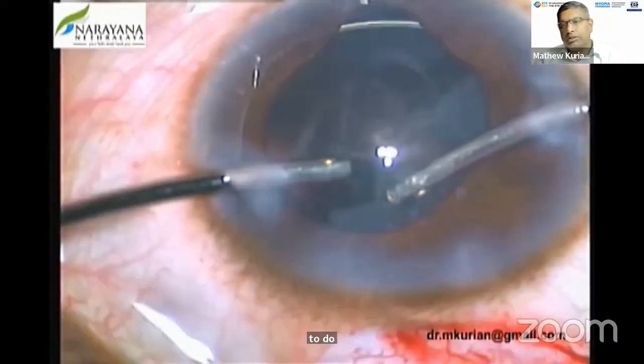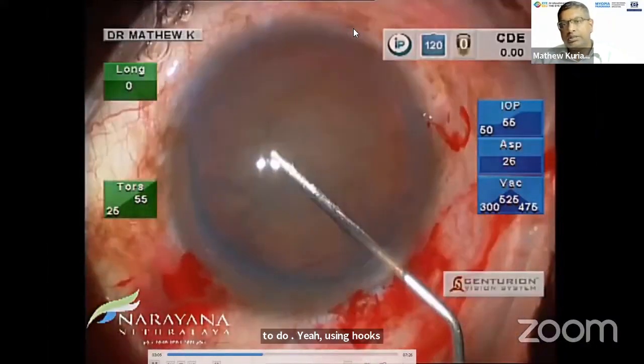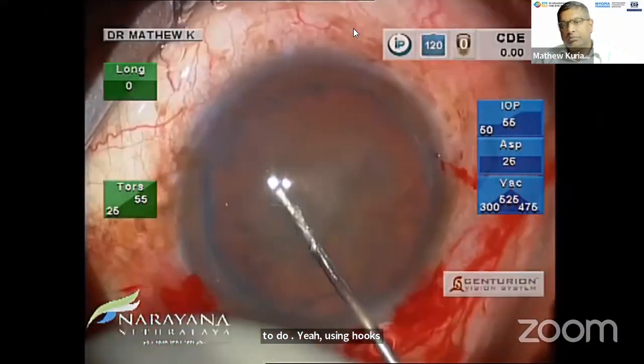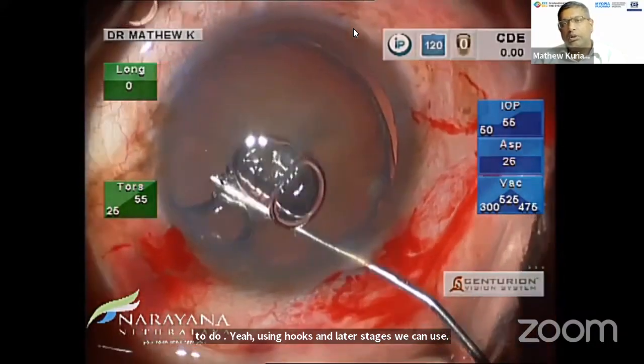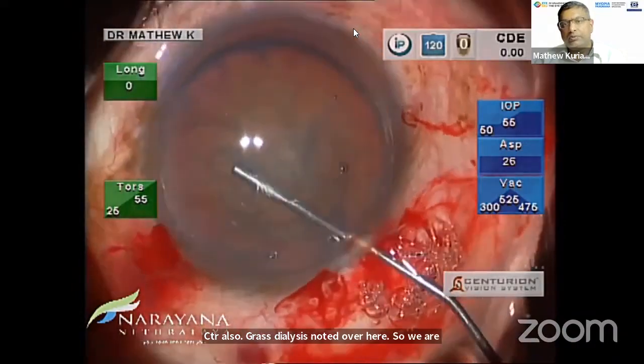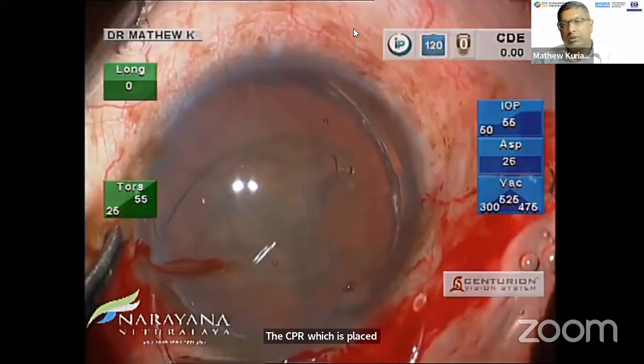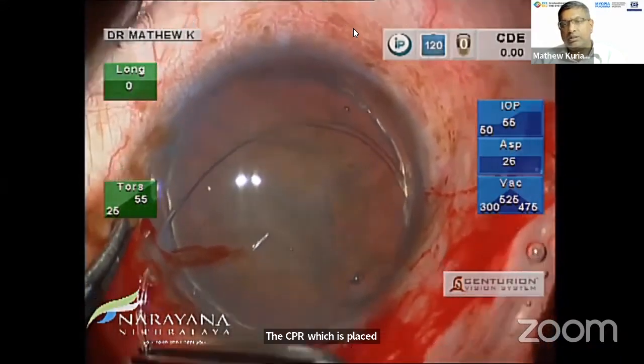So intraoperatively, we want to be able to do proper stabilization of the bag using hooks, and in later stages we can use a CTR also. Gross dialysis noted over here. So we are creating space for the CTR, which is placed early over here because of the gross nature of the